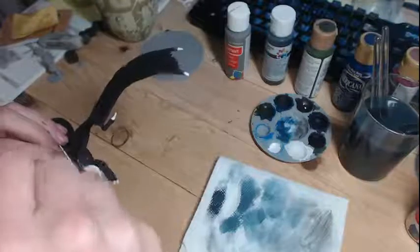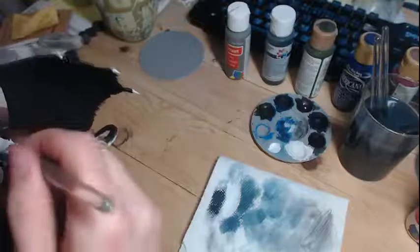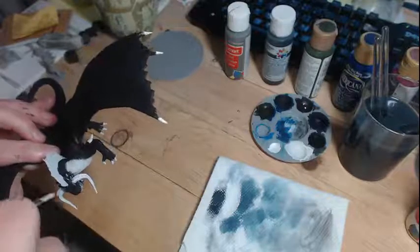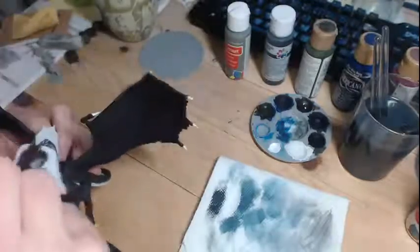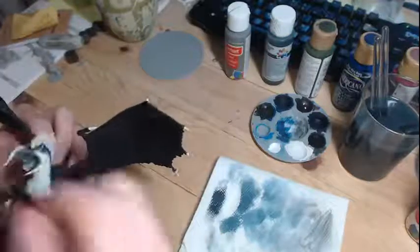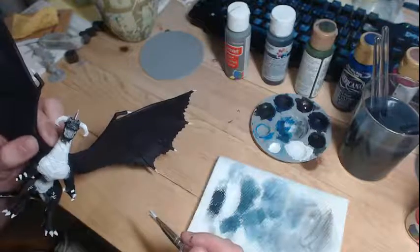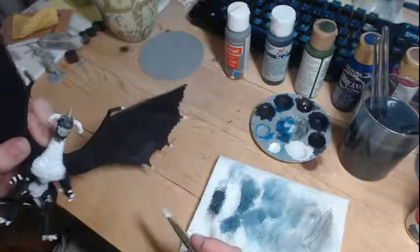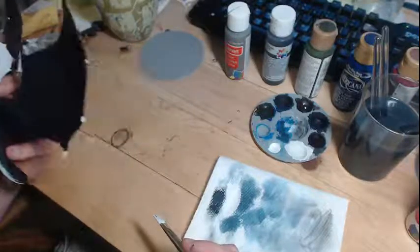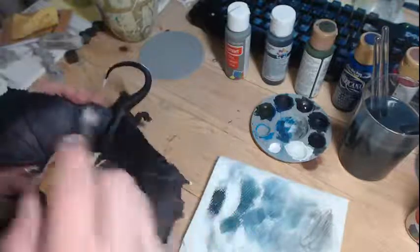So there we go. Oh, that's cool. Some of these kind of spiky bits accidentally got some white on them, and it looked really cool. So, don't like that. Man, that did not turn out the way I wanted it to. A little bit too bright. I don't know. That might work. So what if we...